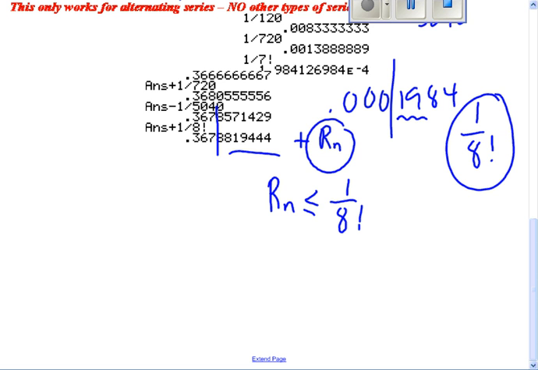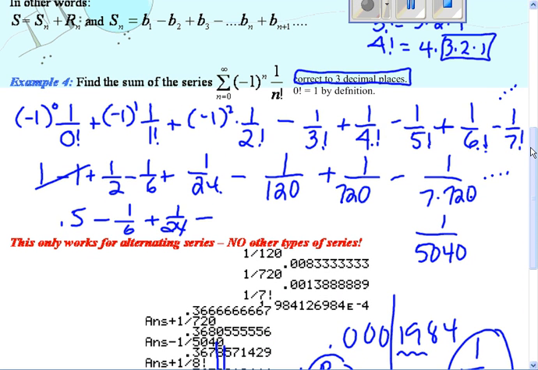No, it's not, is it? It's good to 4 places, actually. But you have a 7 here too, so it would round up anyway. So still correct. And so when they ask you this question, since the remainder is smaller than the first discarded term, you don't count it, because all the rest of them will not affect the 0.367. So if you use this as a model, this is good for 7 places. Now that's a factorial, n equals 7. Factorials go to 0 really fast, not fast enough really. I'd like to have it converge faster than that, but